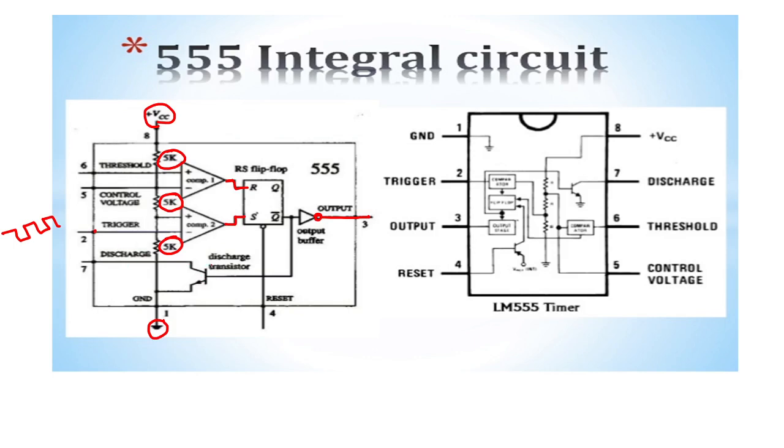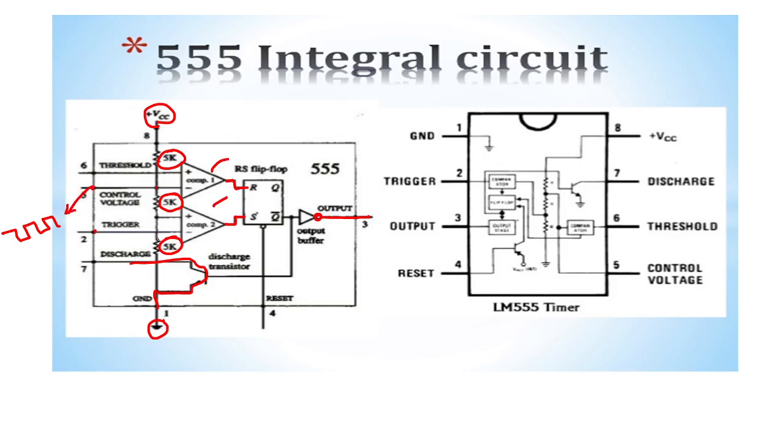If you want to discharge the capacitor, we connect a capacitor across this. It is discharged via this discharge transistor, which is done by pin number 6. If the transistor turns on, the capacitor discharges via this path to the ground. The control voltage is here also, which is the inverting voltage. The control voltage is used to switch from comparator 1 to comparator 2, by changing this voltage to different levels.